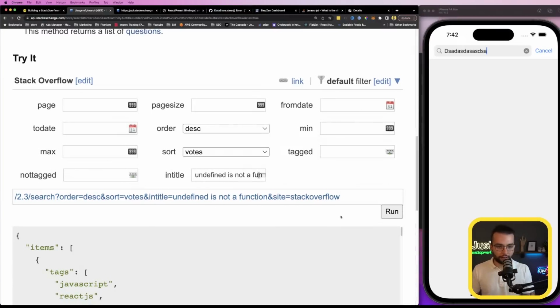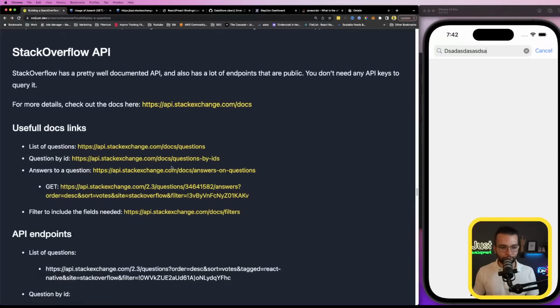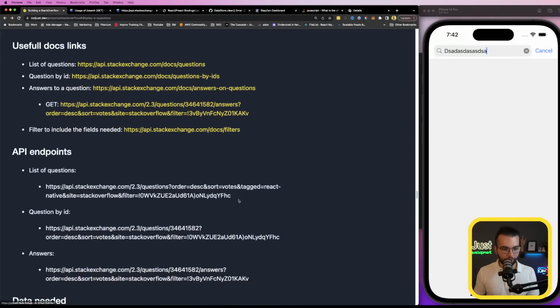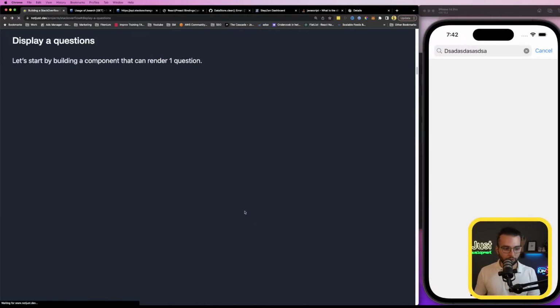So if you look at this query, it doesn't have a filter. It has a default filter. What you are interested in is to add to this query this part, the filter with ID of this filter, to get exactly the data that we need, like with a body and so on. But I put it here so you're going to be able to,